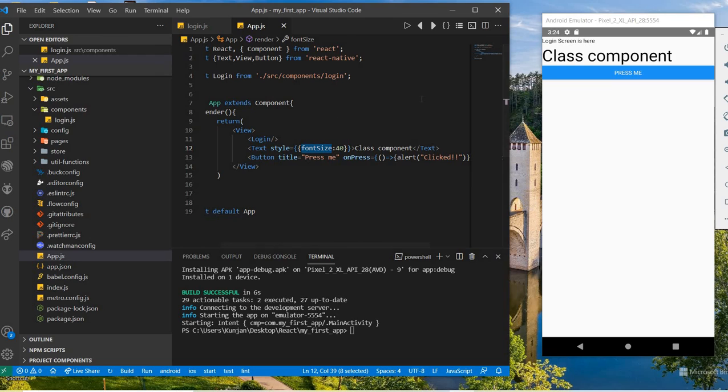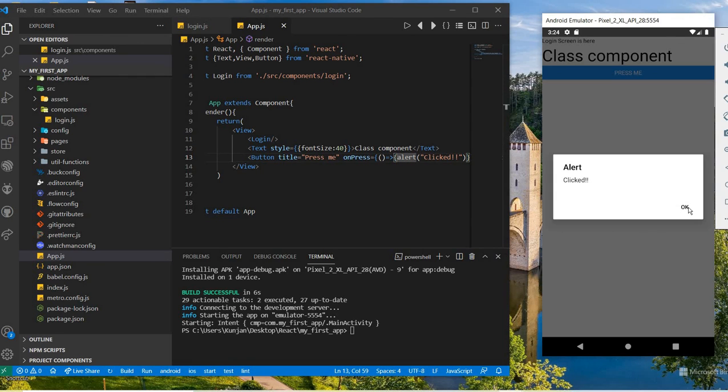We increased the font for the text, and then we used a button, and the button has two properties called title and onPress. In onPress we used the arrow function syntax, and in that we used the alert. When we click, then the alert will be called.